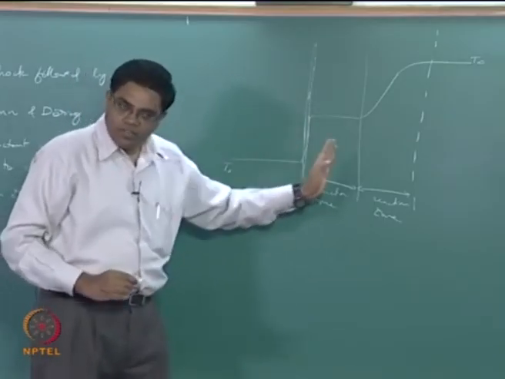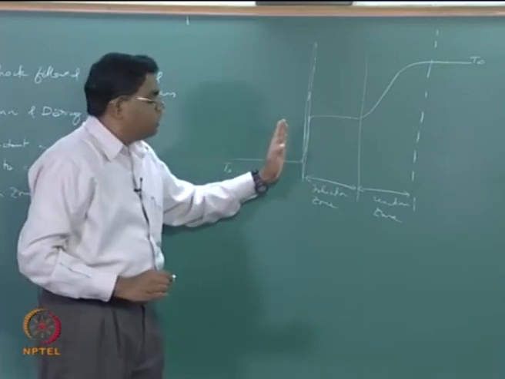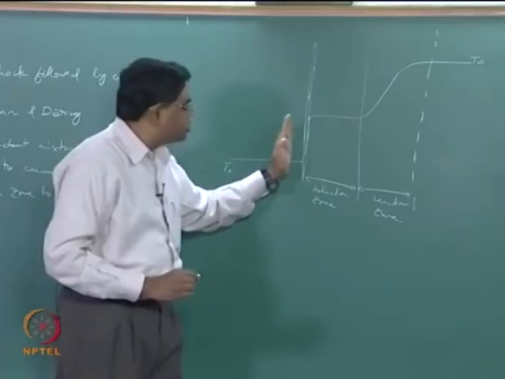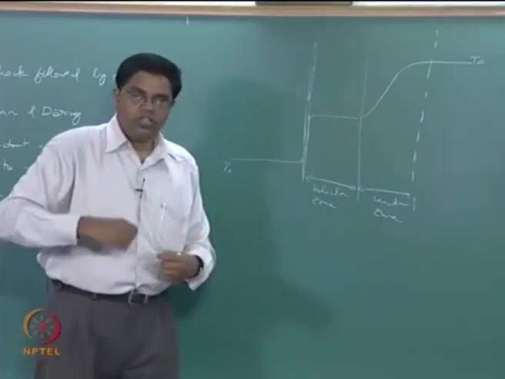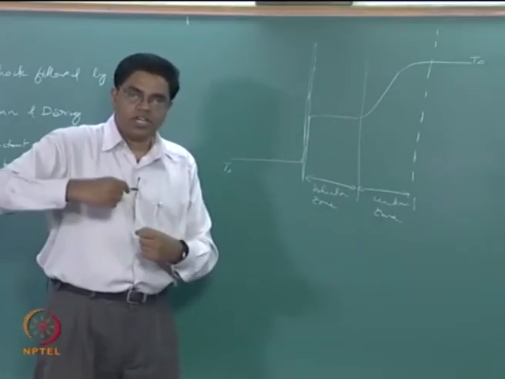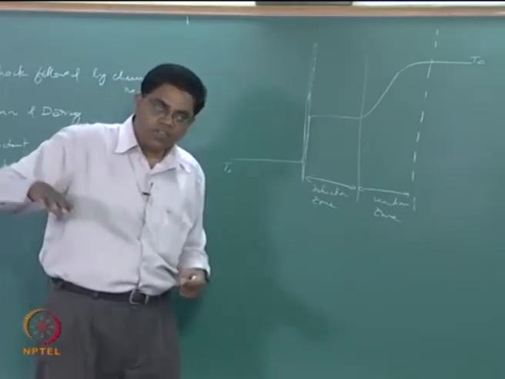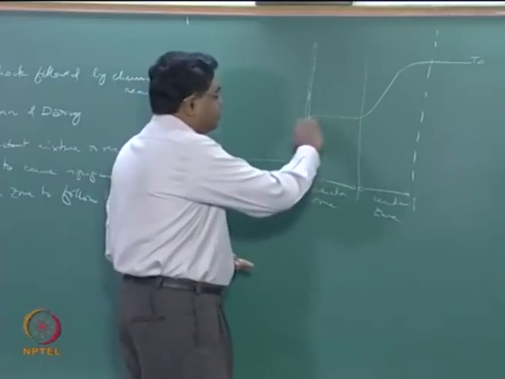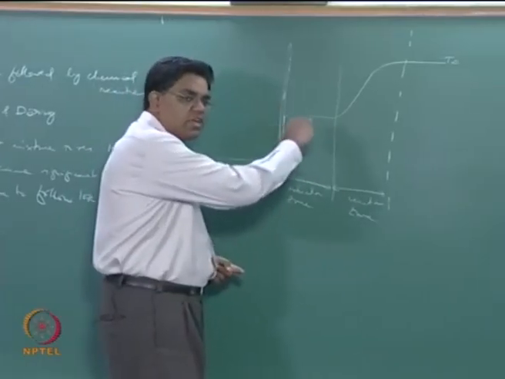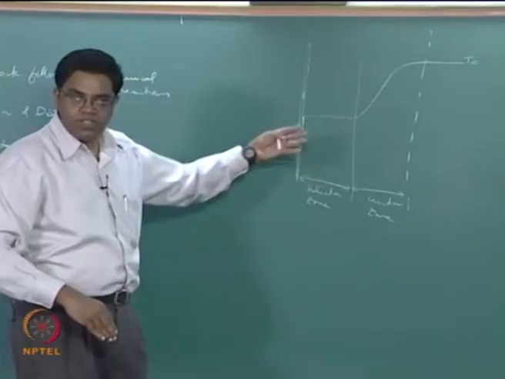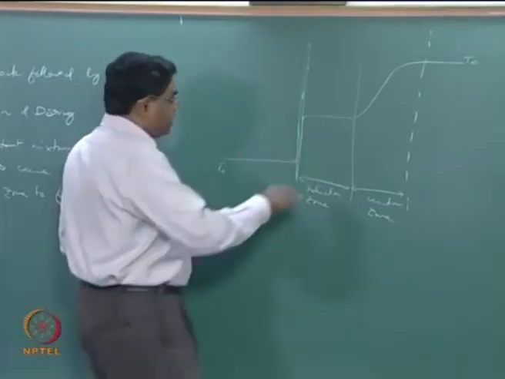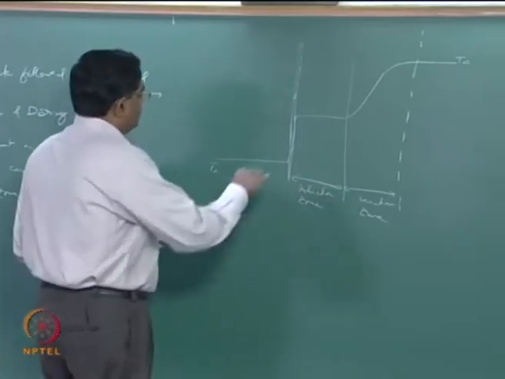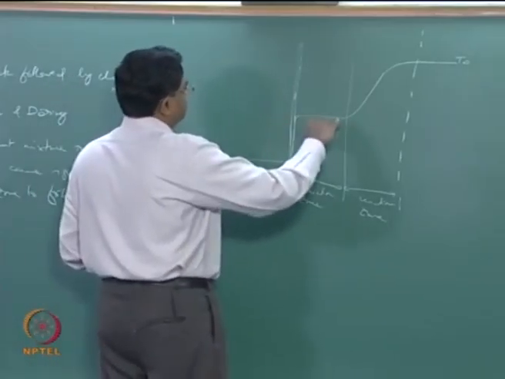Keep in mind this is not a very long period because the entire flow is happening very fast, right? So you have a short induction period when the reactants begin to sense the temperature and then cause reactions that will cause a further increase in temperature. So this is the time when the reaction rates are just barely beginning to build up because you have the exponential dependence on temperature, right? And then it shoots up. So you have this induction zone where you have a more or less constant temperature,